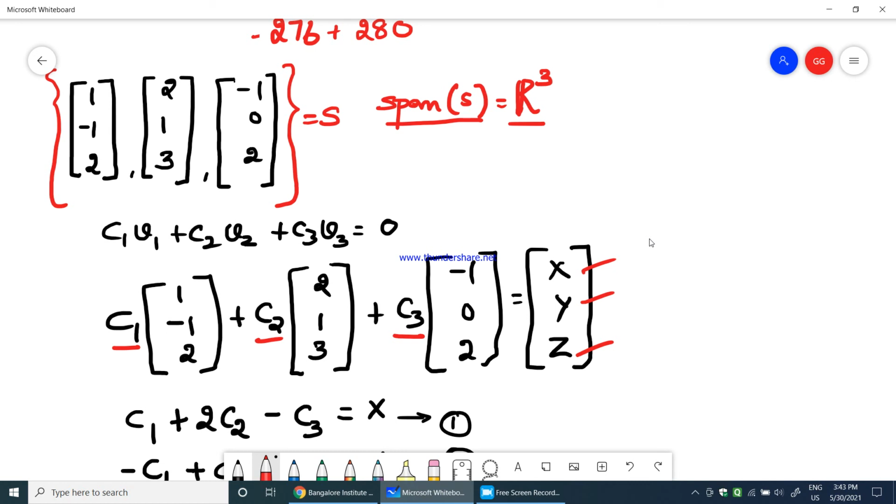Okay, so this is how you find out the vector that would span the set of vectors. So that is what span is all about. I hope you got it, what is span of S with this particular problem, and this is how you find out the span of any given set of vectors.